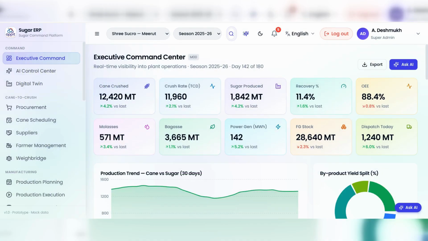The Executive Command Center gives leadership a real-time snapshot of the season, with cane crushed, crush rate, recovery, cost, molasses, bagasse, power, dispatch, and stock all in one view. Trend charts and yield visuals turn daily plant activity into an immediate performance story, while export and Ask AI options